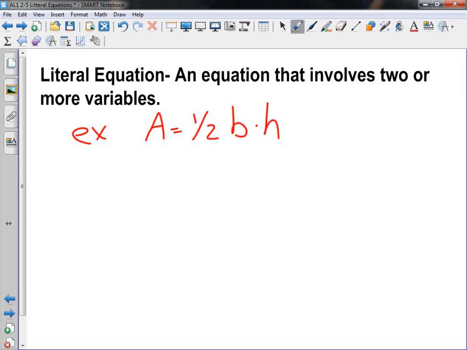Does this have two or more variables? It does. What is this equation? Yes, area of a triangle, right? Area is equal to 1/2 base times height. It has 3, right? Okay, how about